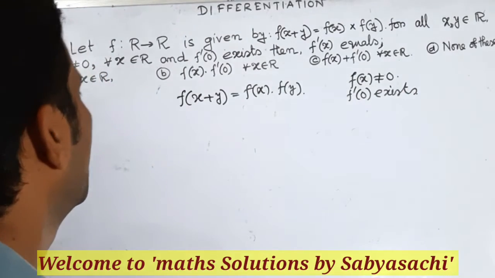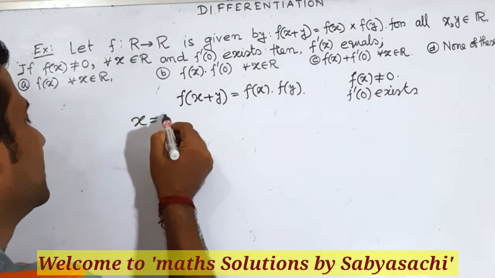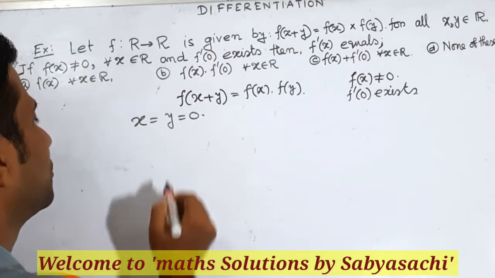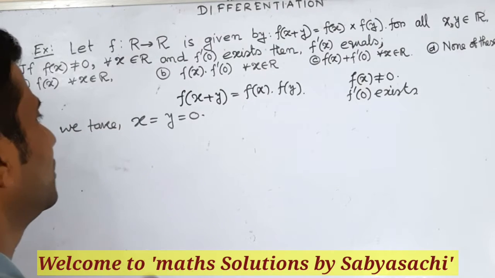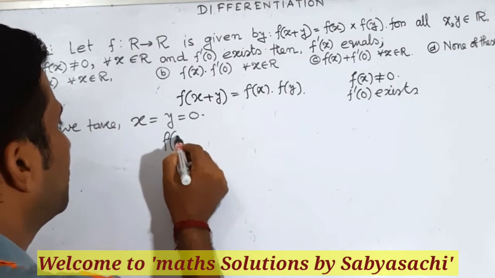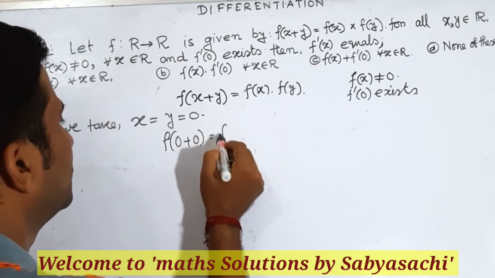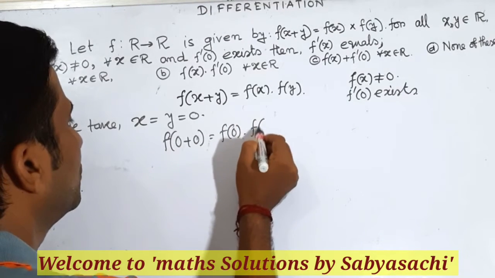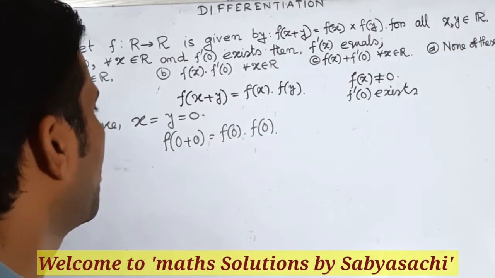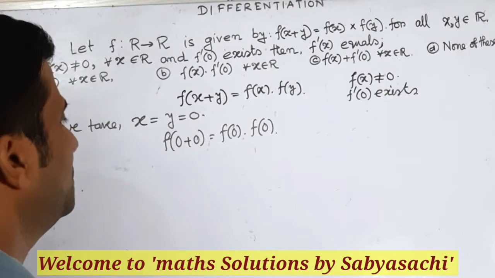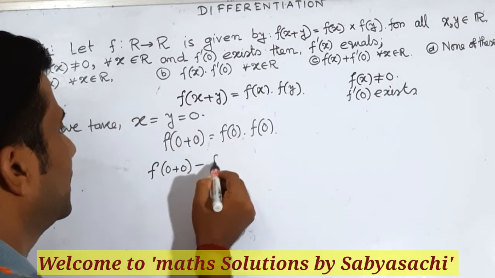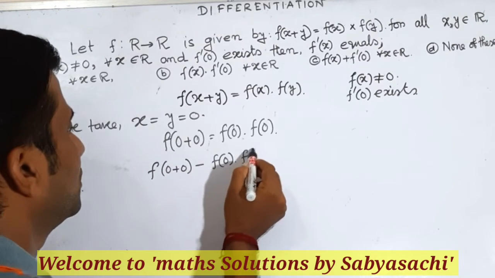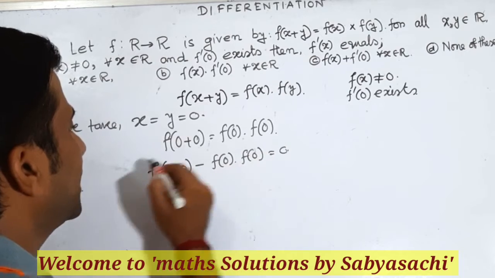So taking x is equal to y is equal to 0, then f(0+0) is equal to f(0) into f(0). Now subtracting f(0) into f(0) from f(0+0), we get